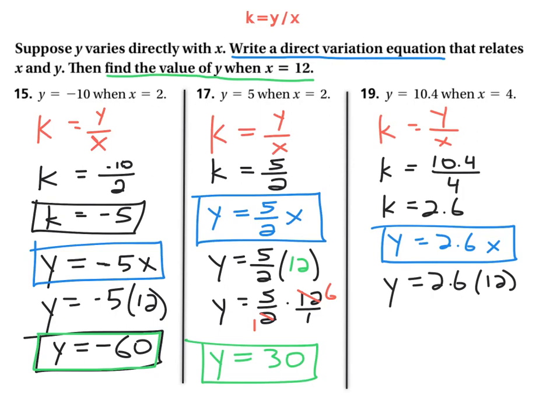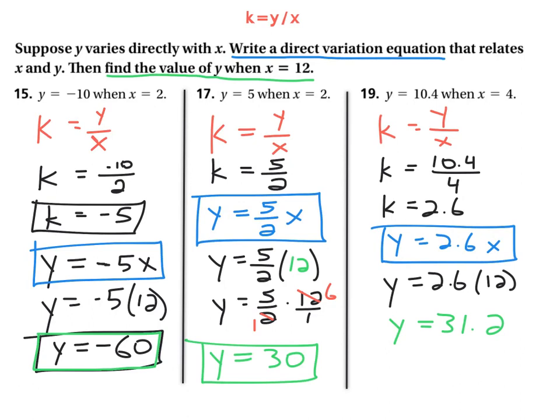And in the original problem, there was a single digit behind the decimal. So in our answer, we're going to get a single digit behind the decimal for an answer of 31.2. So I'm going to erase that. And we get, I'll put it here in green, y equals